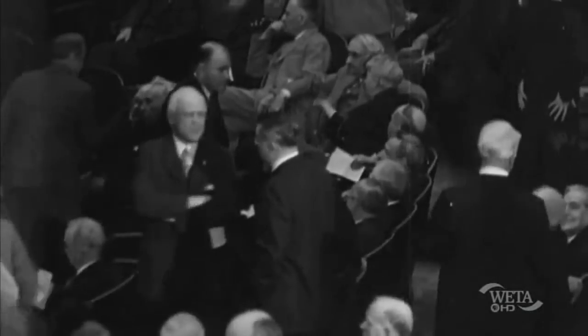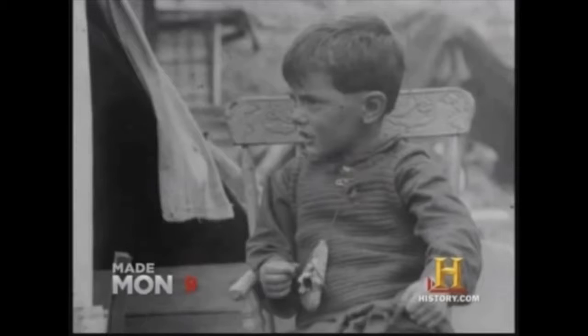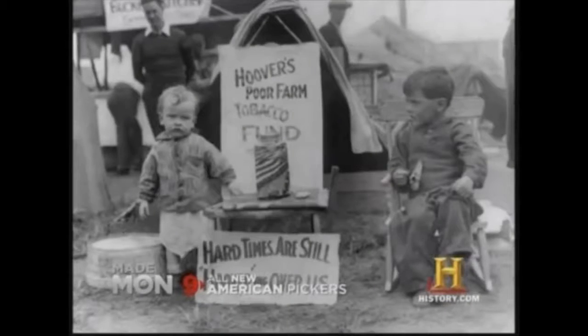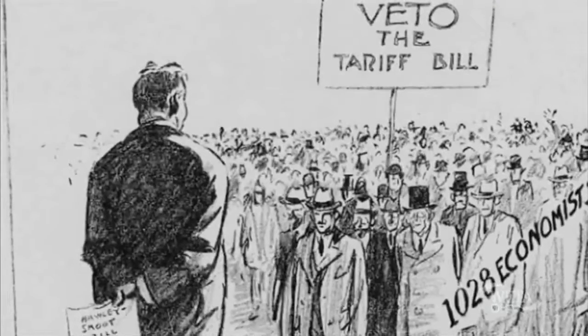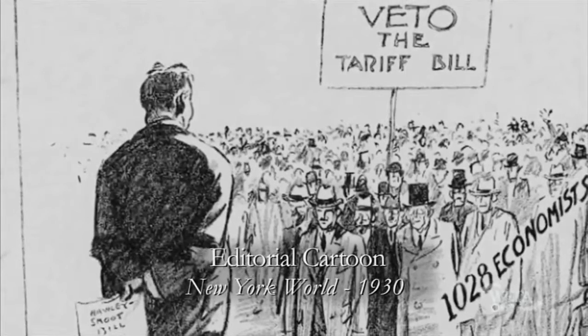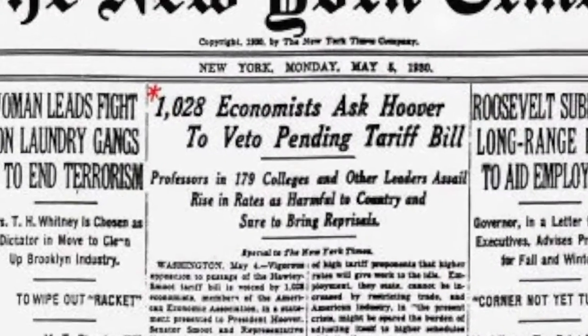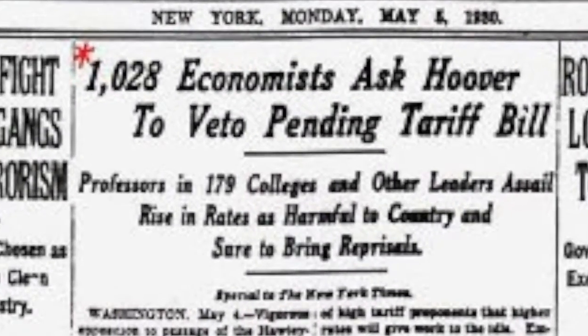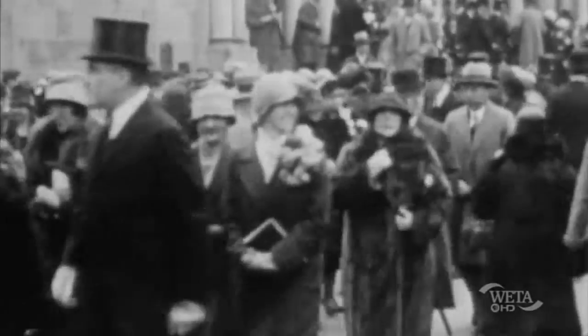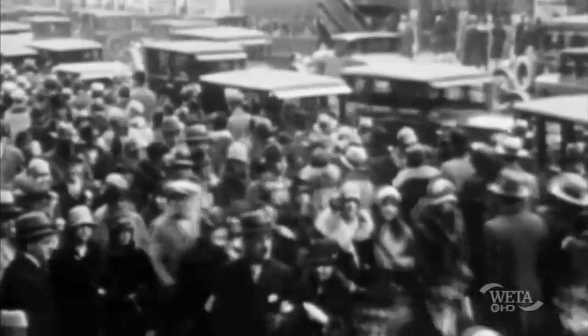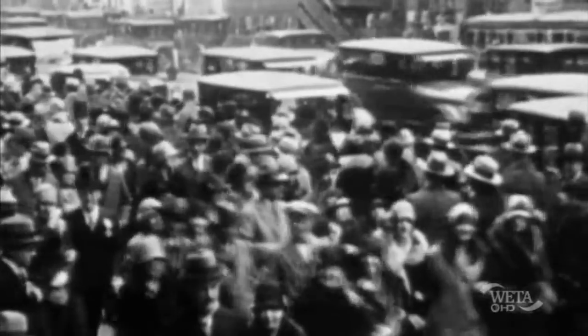the opening of Congress. The purpose of the Smoot-Hawley Tariff Act was to protect domestic farmers against foreign agricultural imports by raising tariffs on imported goods in the United States. And although many economists were adamantly against it, even asking Hoover to veto the bill, it was passed on June 17, 1930. It turns out that the economists were right, as the act caused other countries to raise their tariffs as well, which ended up weakening trade and worsening the Depression.